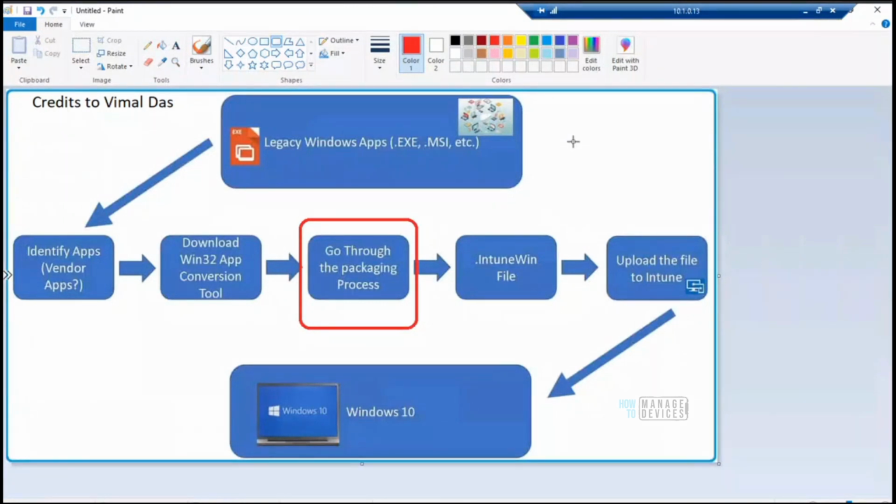We are wrapping all these files, the MSI and EXE and all applicable files, into a particular file in Intune Win format. And that file will get deployed to Windows 10 devices through Intune. So that is what we are going to see today.